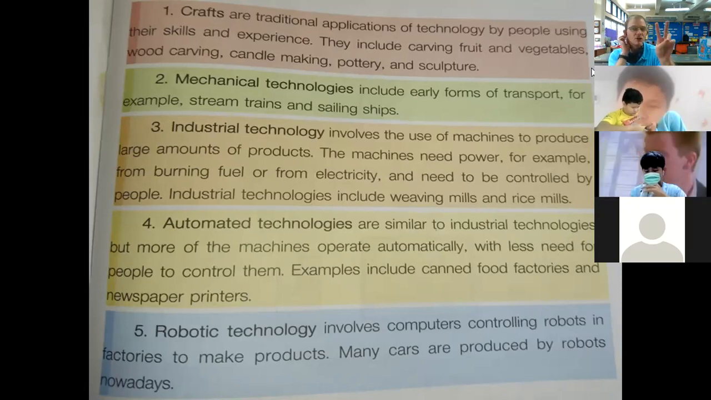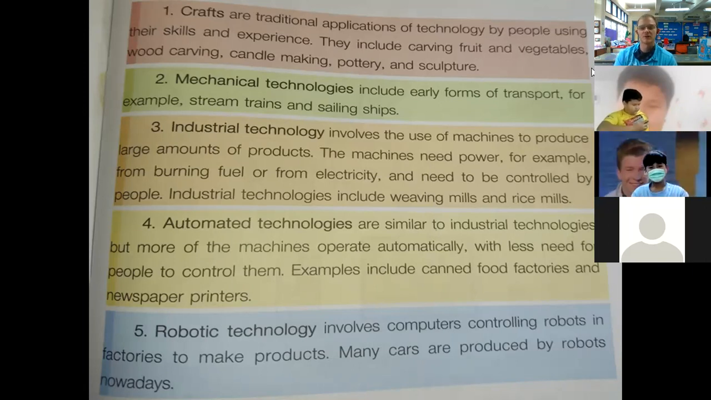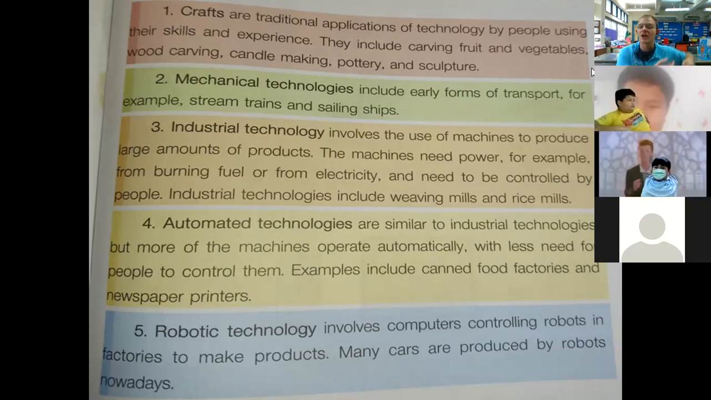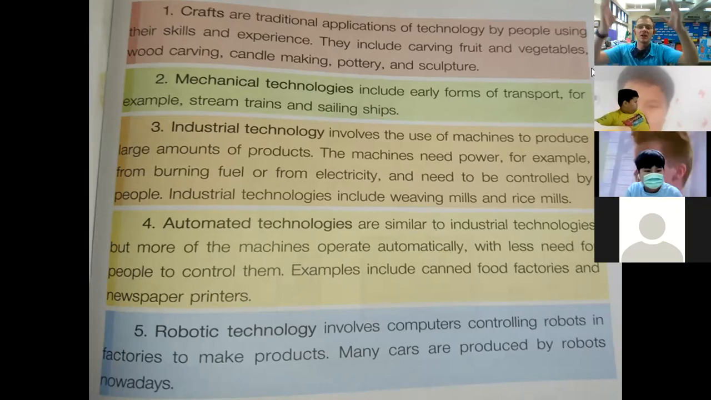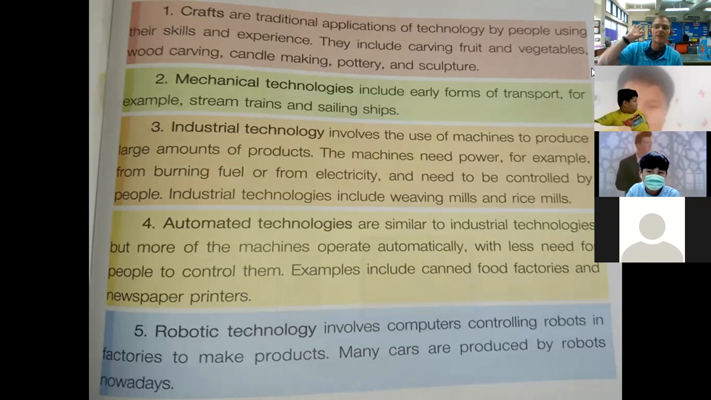The next, number 2, is mechanical technologies. They include early forms of transport, for example, steam trains and sailing ships. Nowadays, we have trains like the BTS that work on electronics. In the past, we had coal power. Someone had to put the coal in the train to make it go faster. Number 3,